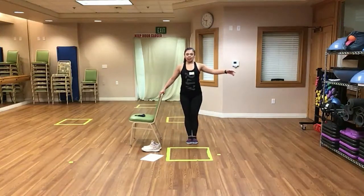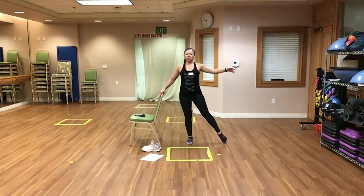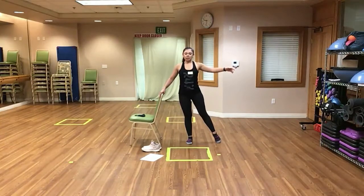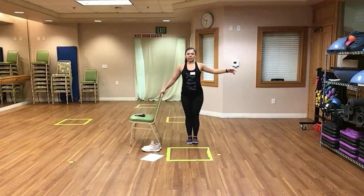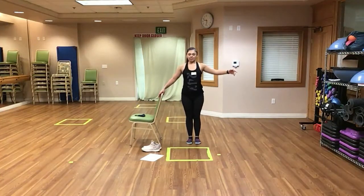Going out to the side now. Stretching that leg all the way out to the side, pointing our toe real hard, and then coming all the way back in. And now to the back. Stretch that leg out to the back, lifting your body up, and coming back in. Now out to the side,